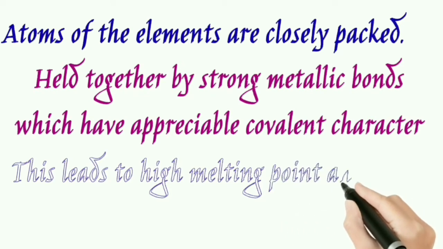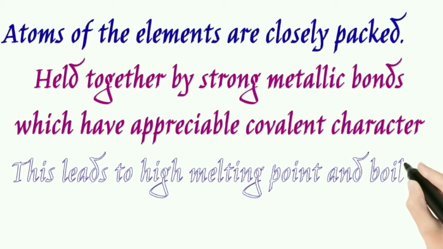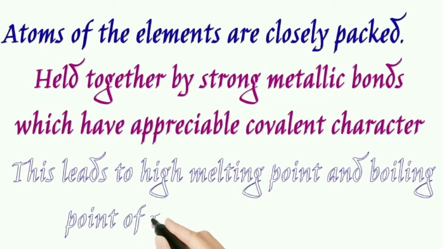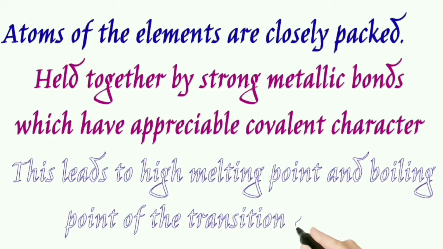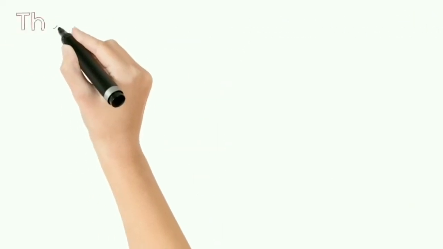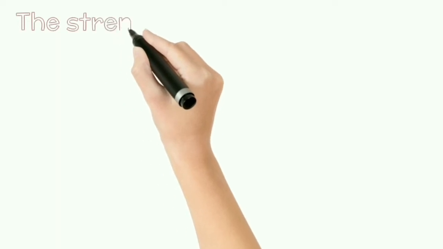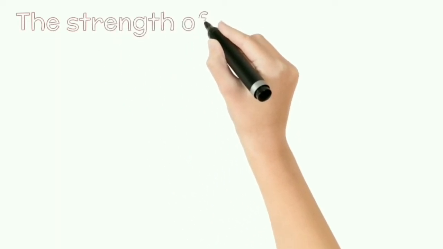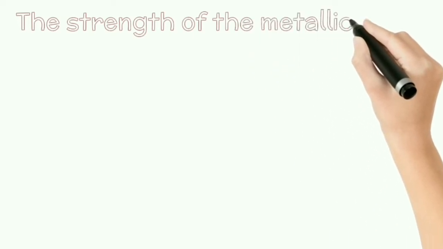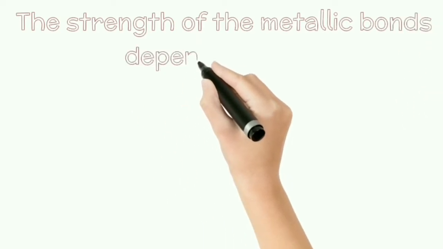Okay, so now let's see about the strength of the metallic bonding. Okay, so this is about the metallic bonding in the transition elements. What about the high melting point and the boiling point of the transition elements? Now see about the strength. The strength of the metallic bond depends upon what? The more strength you need for the metals to bond, the more number of unpaired electrons we need. That is the thing you have to concentrate on. Clear? So the more strength you need, the more number of unpaired electrons is needed.